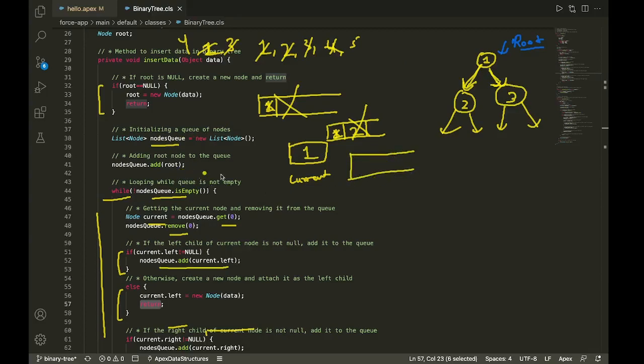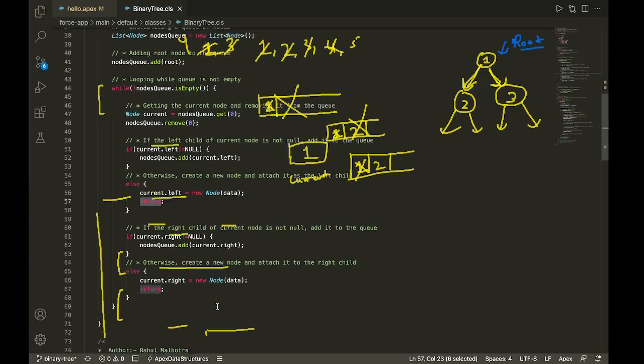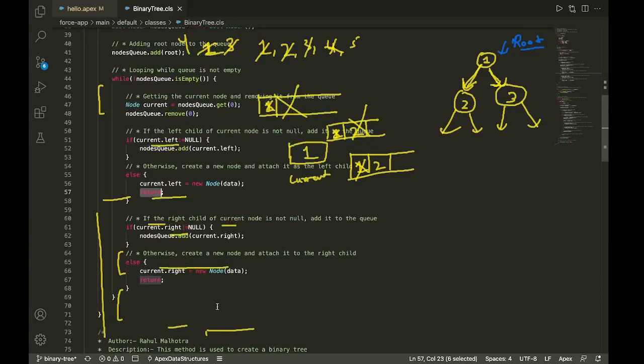So I'm going to create a queue here, and I'm going to add root node to the queue. Then I'm going to check while queue is not empty. So queue is not empty, I'm going to proceed ahead. First of all, I'm going to pop the first node from the queue and mark it as the current node. So let's pop it and mark it as the current node, which is this. Then I'm going to check if left of the current node is not equal to null. So left of 1 is not null. I'm going to add that node to the queue. So that node is added to the queue, and else condition is not executed. So we are proceeding forward. Okay. And then we are checking.